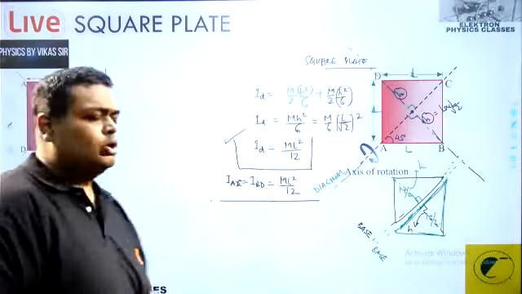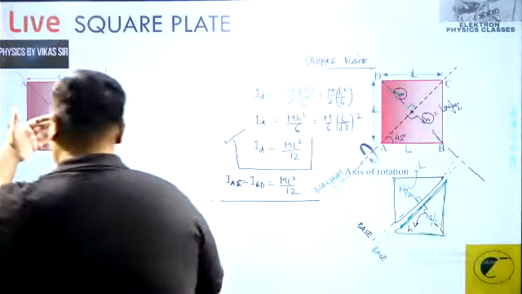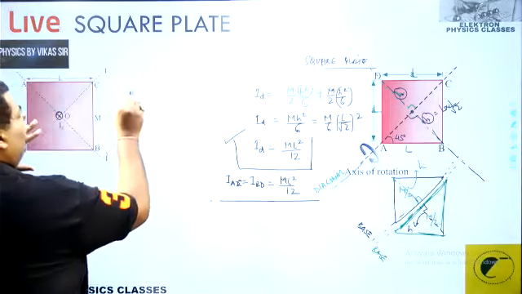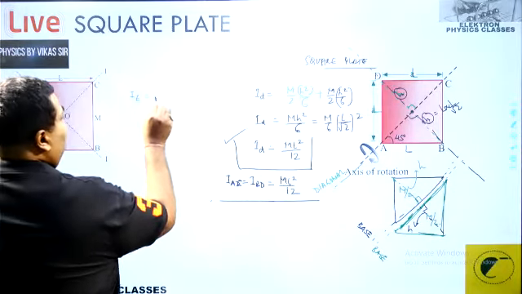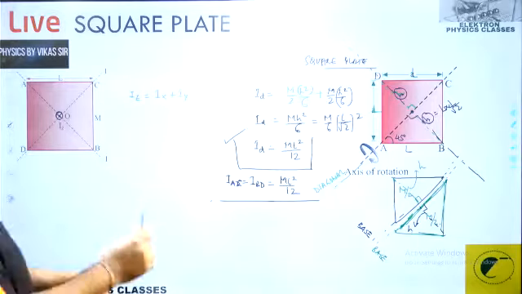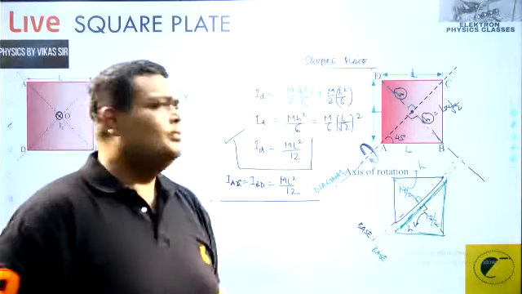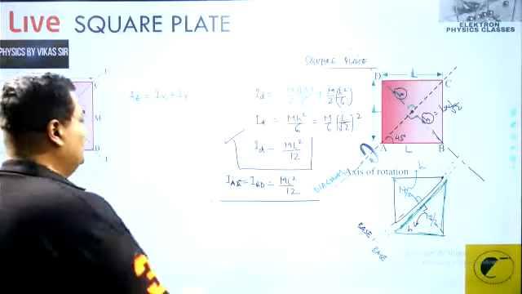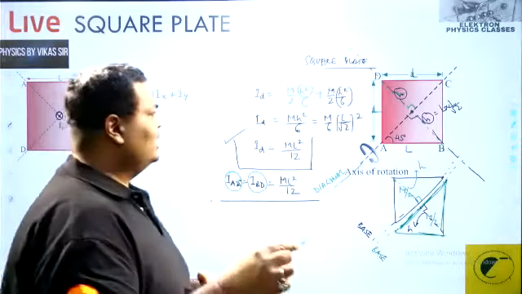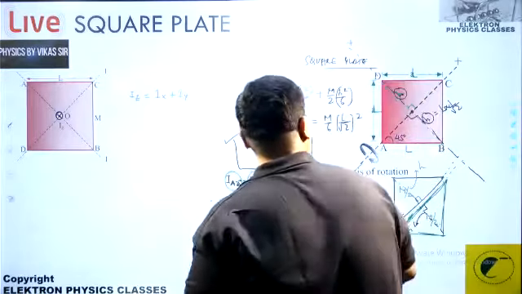In that case, how do we get a moment of inertia? That is by using the perpendicular axis theorem. So what is the axis? That's the z axis. It is in an xy plane. So I should be writing Iz as equal to Ix plus Iy. Now, what are Ix and Iy? They are supposed to be two axes in the plane which are mutually perpendicular. So these two axes, that is AC and BD, currently can be treated as x and y axis. So this is x and this can be treated as y.